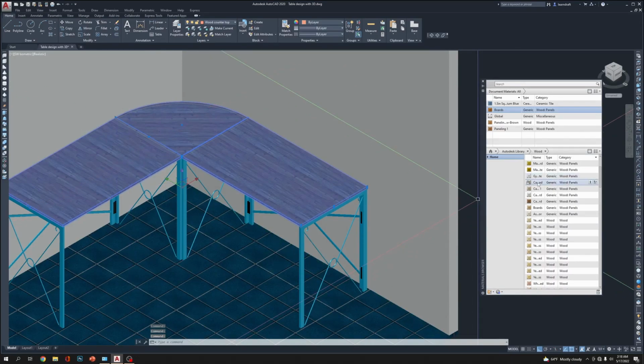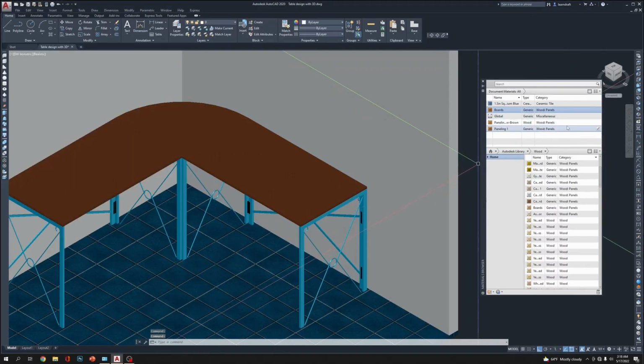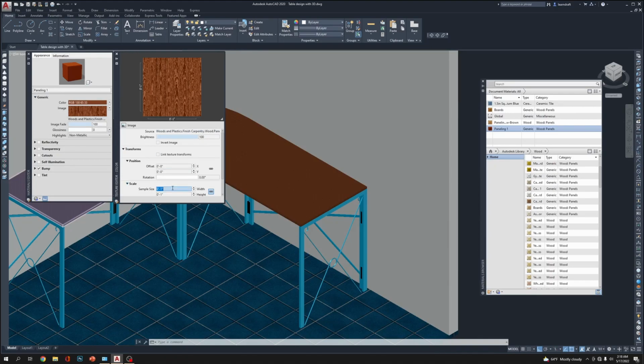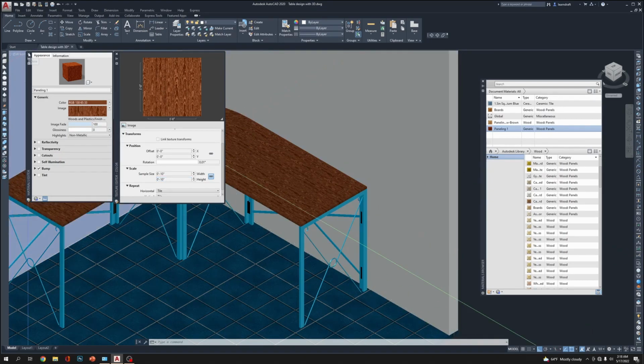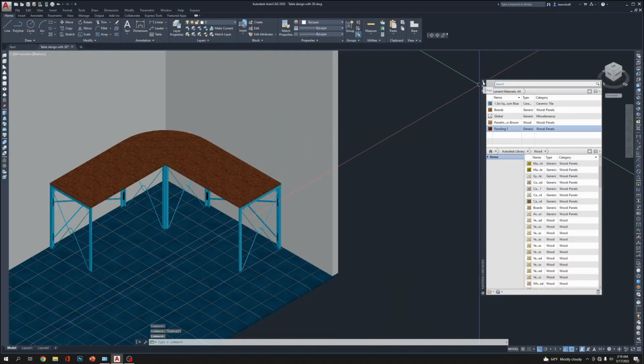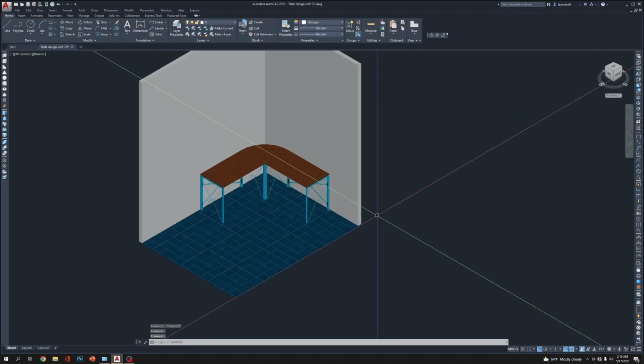Select 3 of these, and I'm gonna go with the first one, I think. Right click, assign, and then go to edit this one, click on this, make it 1 feet by 1 feet. Yeah, looks better. Clicking to close, and here you apply the material. Clicking, turn it off, and then